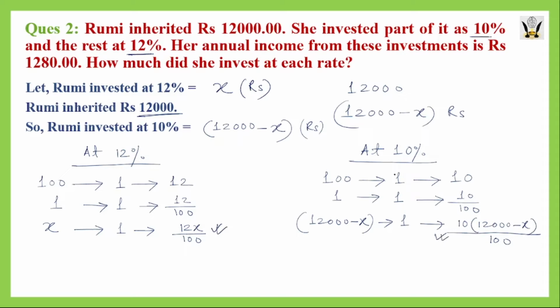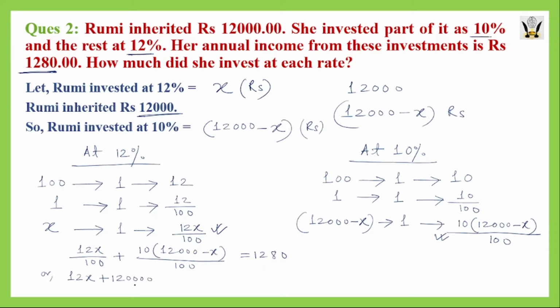When we add these two amounts, that will be the cumulative amount that she will earn in 1 year, and as per the problem statement, that is 1280. That means it will be 12x divided by 100, this much interest, plus 10 multiplied by 12,000 minus x divided by 100. This cumulative amount will be 1280. So now if we simplify further, it will be 12x, then 12,000 multiplied by 10, that means